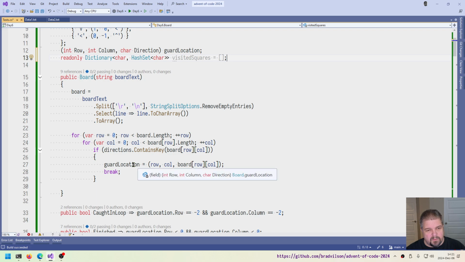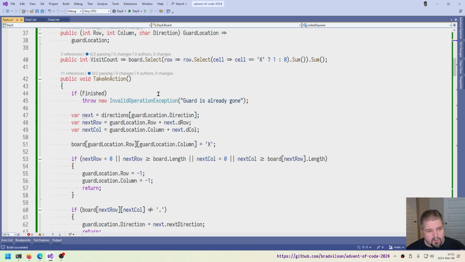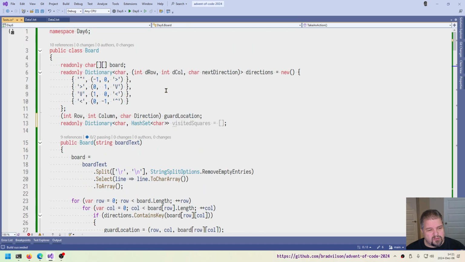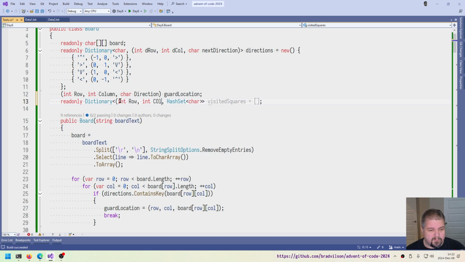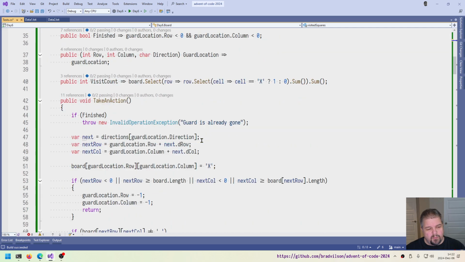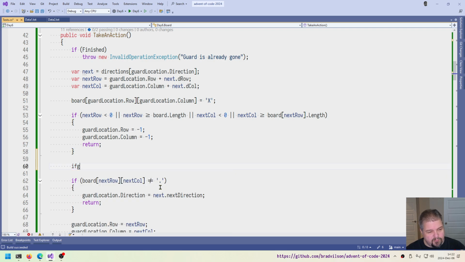So then what we're going to do is we know that what's going to be in there is a direction. No, actually, why did I do a char? This is row and column. Right, that's our key, right? So if we know that the next space is going to be a loop,